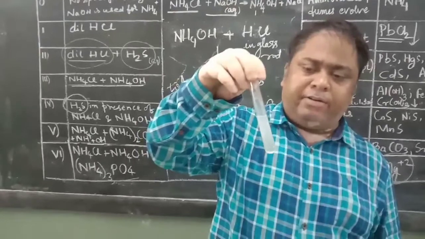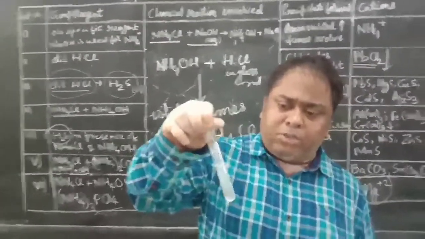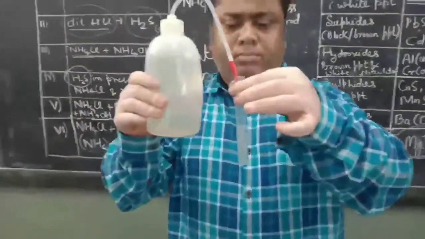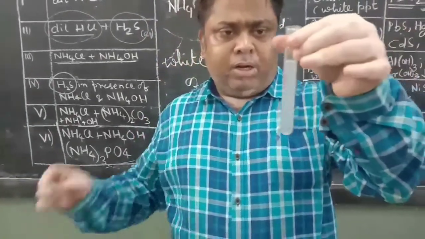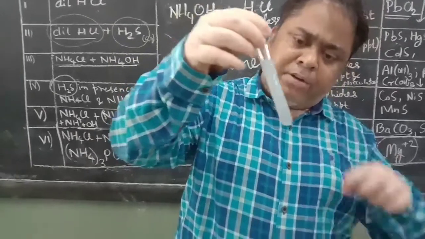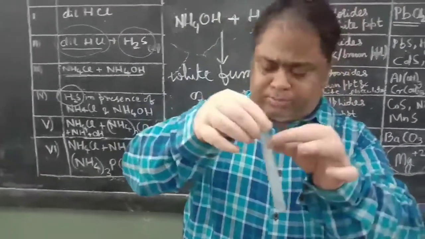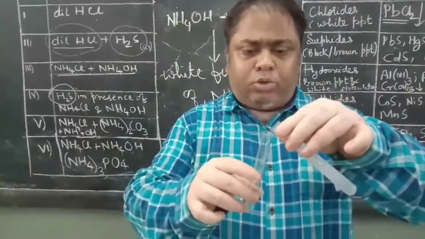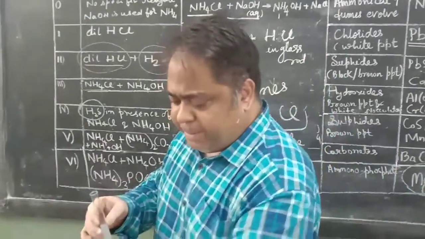It is due to the impurity in the salt, because in the laboratory the salt which we use is not of analytical grade. They are general grade salts. So it has some impurities. So what I will do is I will dilute it a little bit more. Now clearly we can see that it does not contain any precipitate. Precipitate is a solid which should settle down. This is a colloidal solution. So further I can dilute it to make it a little less intense, so that we can see the prominent precipitate.